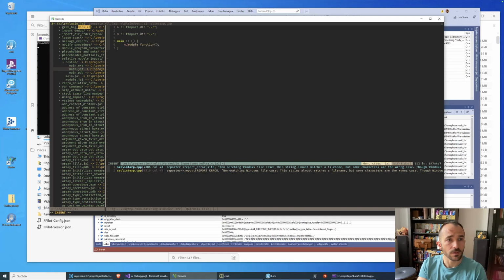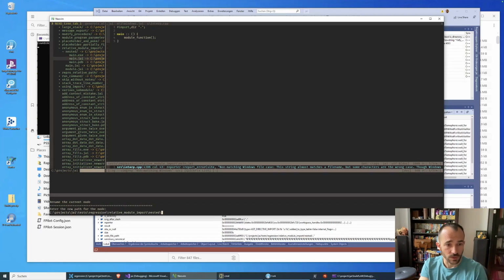And then we say A dot module function and B dot module function, which is, of course, the same function. So both of these should work, and this one should work. So we don't have two, we have to run just one test. Let's do nested.jai.